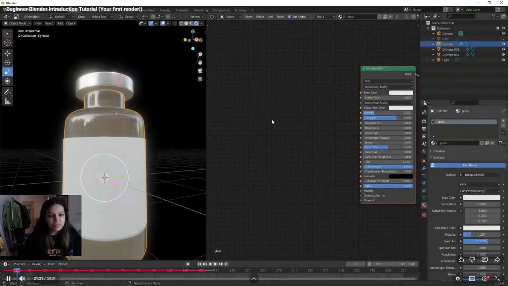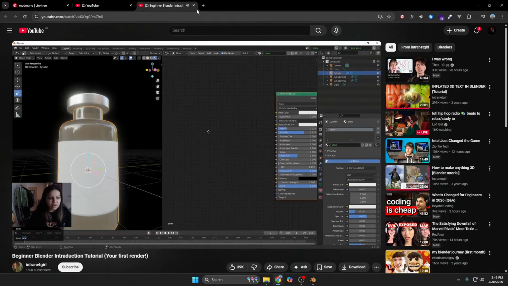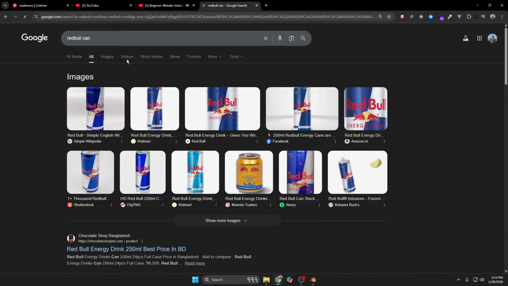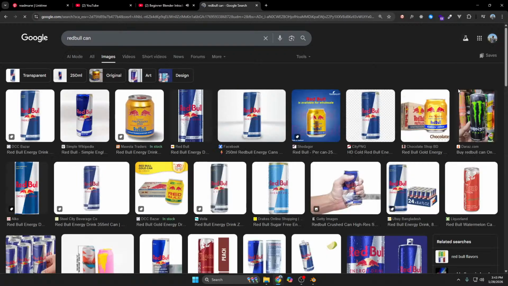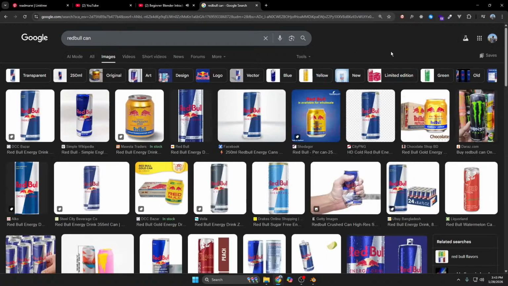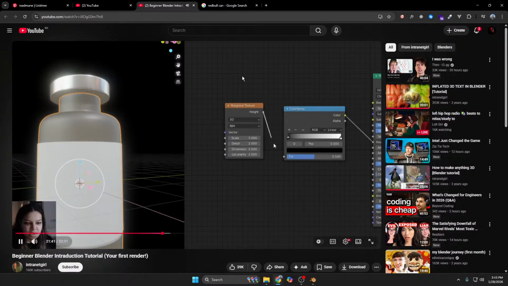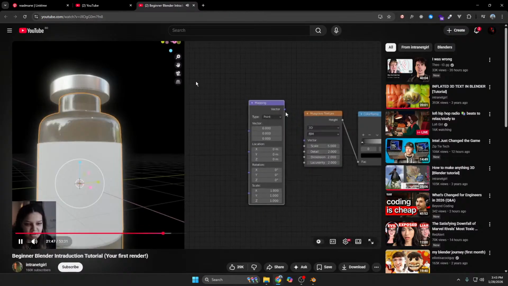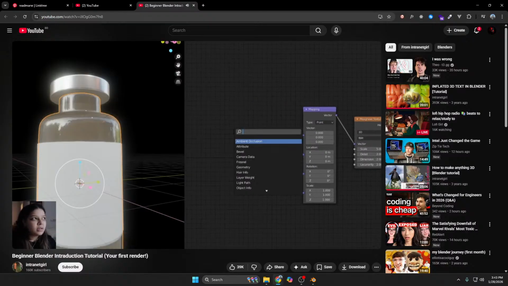So with this node setup that we've got here, I'm going to hit Shift A and add a colour ramp. I'm going to add the colour ramp into roughness. And we're going to add a grunge texture, and hit height into factor. I'm going to add a mapping node. Vector into vector. And I'm going to add a